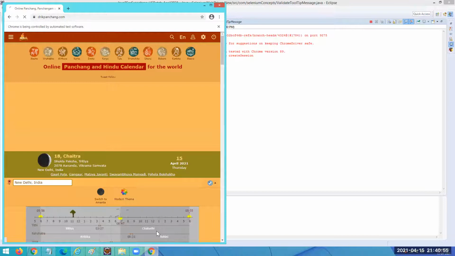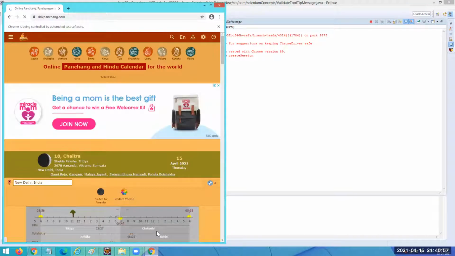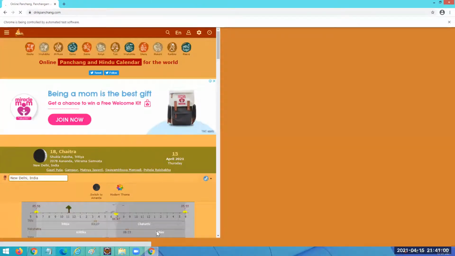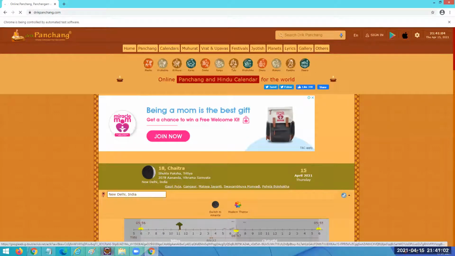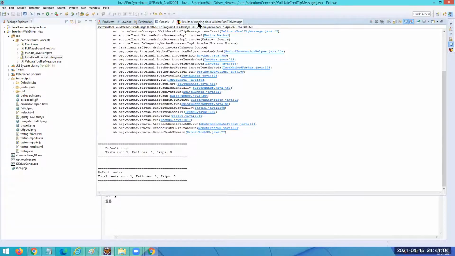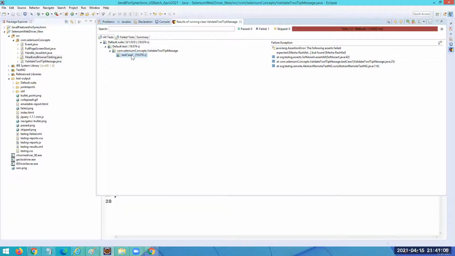Then once it maximizes, it will take that tooltip message, and can you see it has given the result as fail? It says expected is Mesha Rashifal with 3 dots, but actually it's showing Mesha Rashifal.